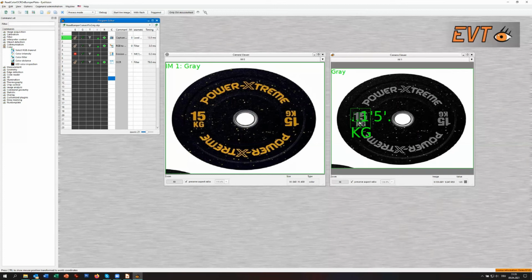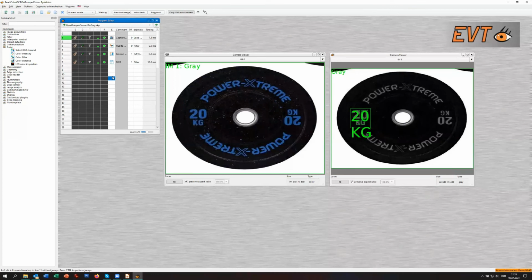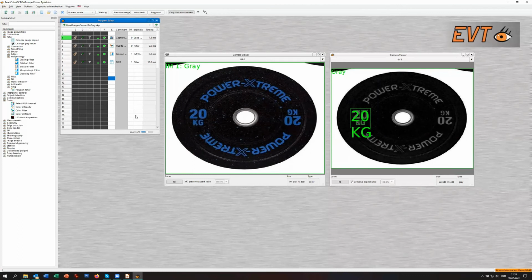Of course, these dots don't belong to a number, so you don't want to have them. That's why you can use the erosion tool or any of the other morphology filter tools to eliminate these smaller parts, to have a stable reading